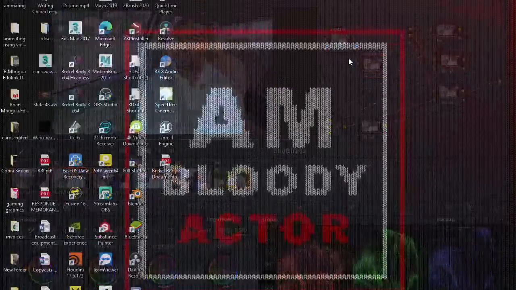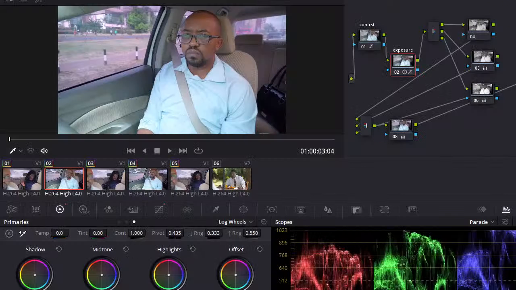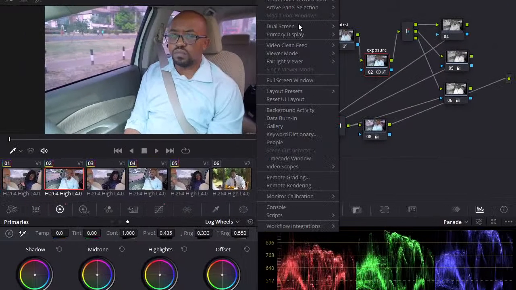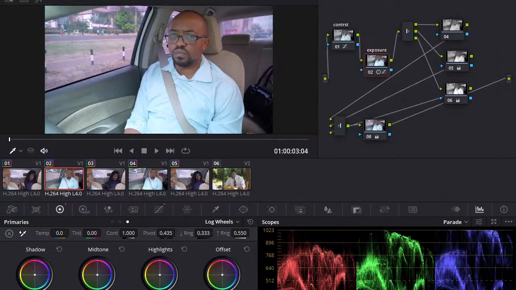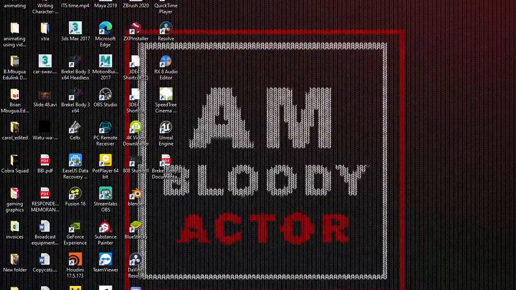So let me just use Cinema Viewer, okay, for your ease. Okay, and oh no, let me just do this. I have two monitors. I'm going to move my clean feed. Let me just give me a second. I'm going to move my clean feed on the monitor that I'm currently streaming. Okay, so this is without color, and this is with color.